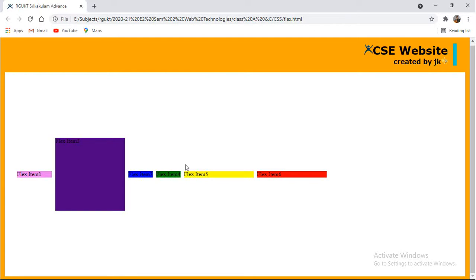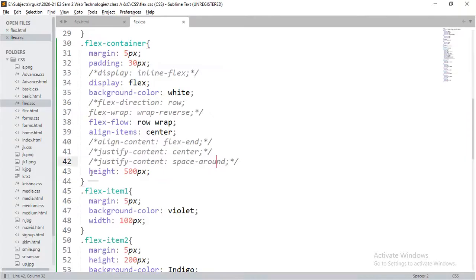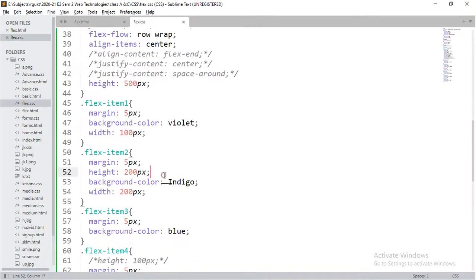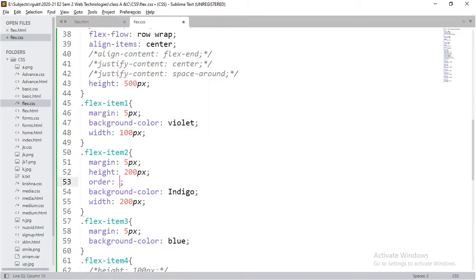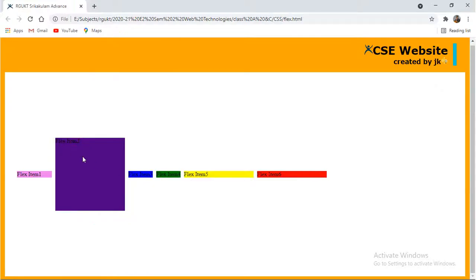For example, for flex item 2, I am going to give the order as 1. Now you can observe the meaning of this. As I have given the order as 1 and all the remaining orders are 0, it is going to be placed at the last position.